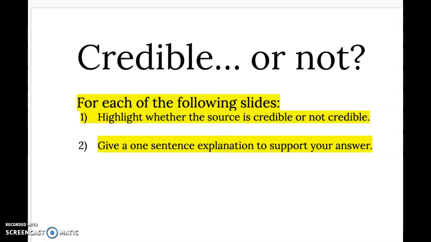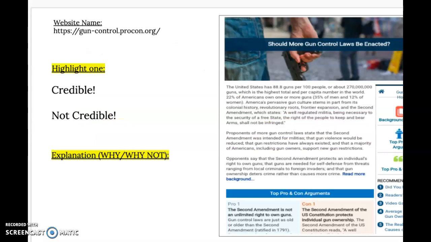Okay, so now, credible or not. For each of the following slides, you're going to highlight whether the source is credible or not credible, and then give one sentence explaining your answer. Okay, so we have 6 different slides for you to do here. Okay, so here's an example. The first website name,